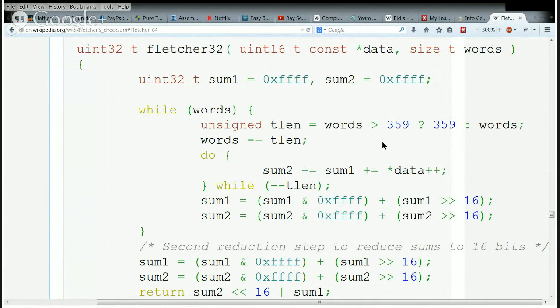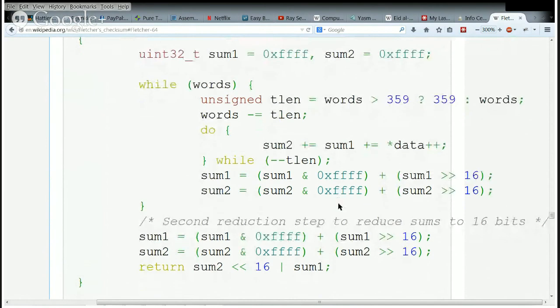If you start with 16-bit numbers and you're adding them together like this does, just sum2 equals sum1 plus the data, and you increment the data, you're not going to overflow, and it's guaranteed that you won't until you make it to 360 words or more. So these are just adds, and they've reduced the computational load considerably by doing just adds for a while.